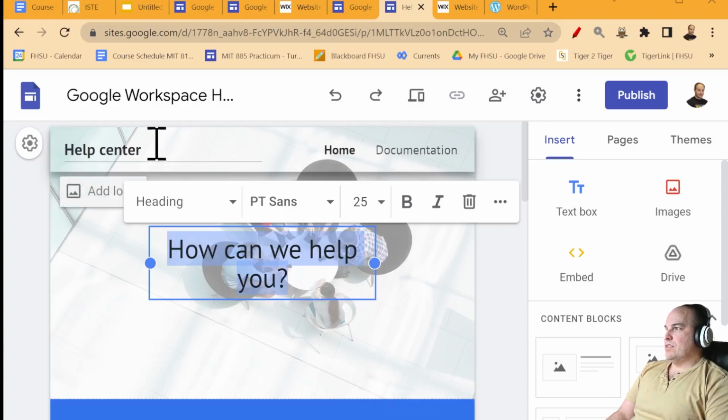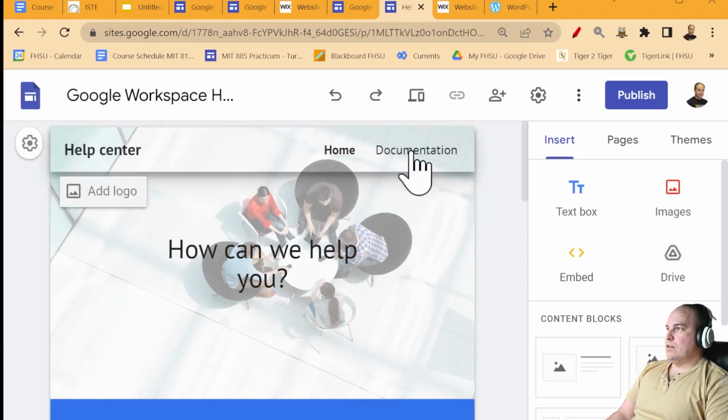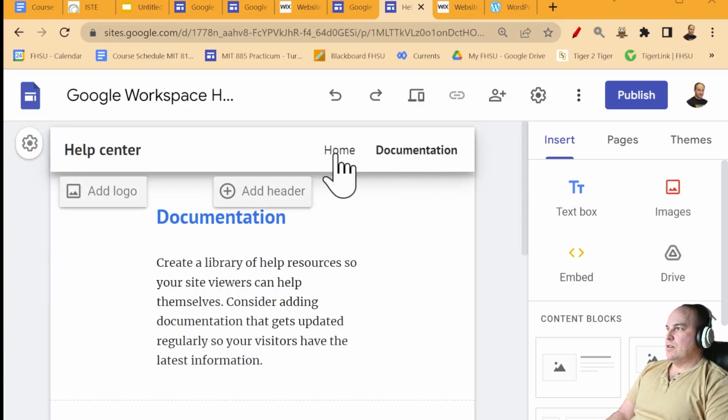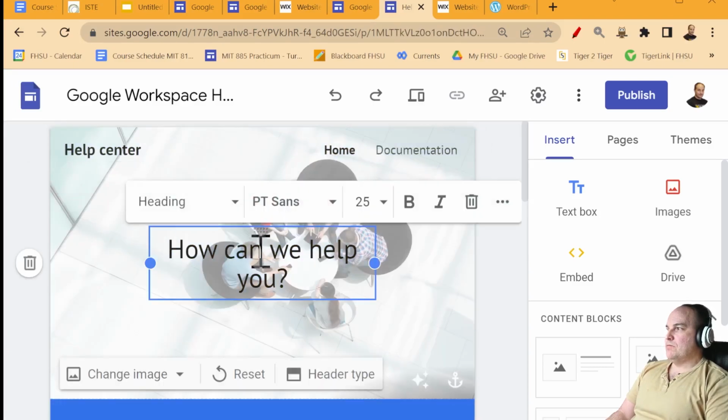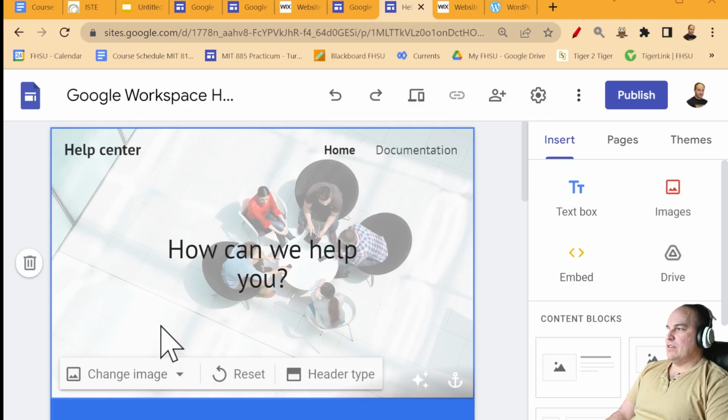That's just all templates. So if I go through here, I'm at a home documentation page, home page, just like any other. I could add a logo. How can we help you? This can be changed. If you notice, it's kind of like a PowerPoint slide or a Google slide where I can start editing this. But it's restricted to a format. So that means just use the template, and it uses some well